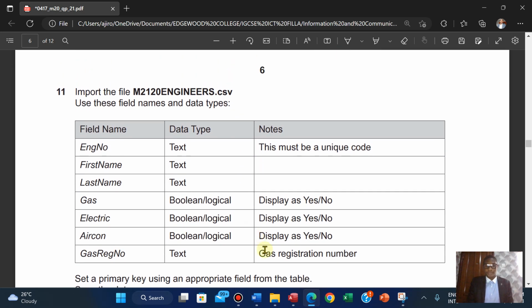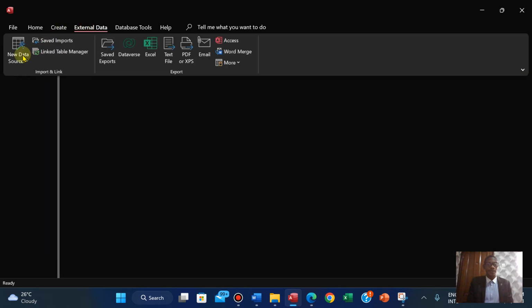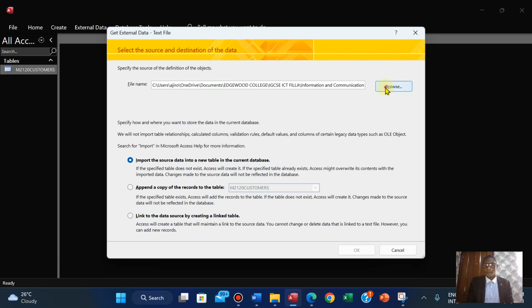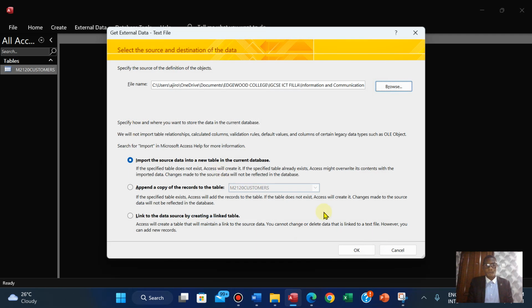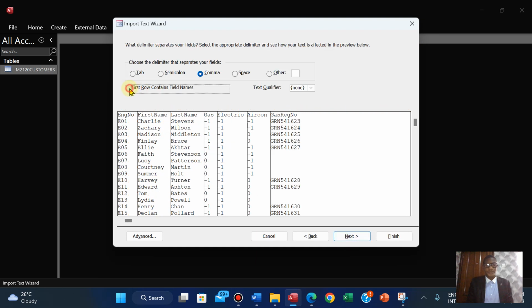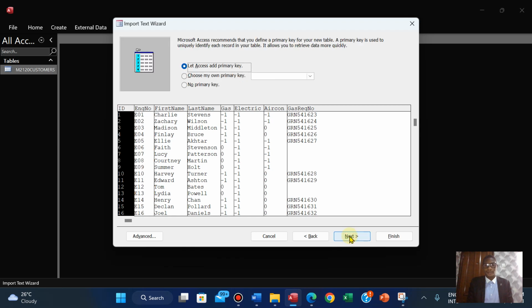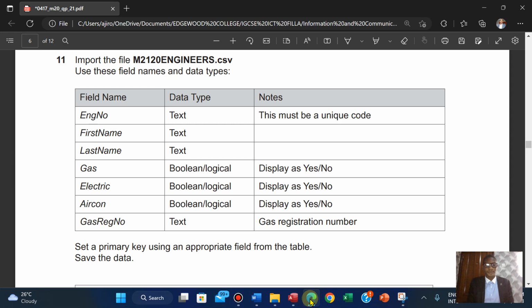Okay, import the file. So let's import this other file. Going to save, going to close. Click on external data, from file, to text file, browse, engineers, open, okay, next. Check the field names, next, next. So I'm going to work with this. So yeah, use this field name and data types, engineer number,